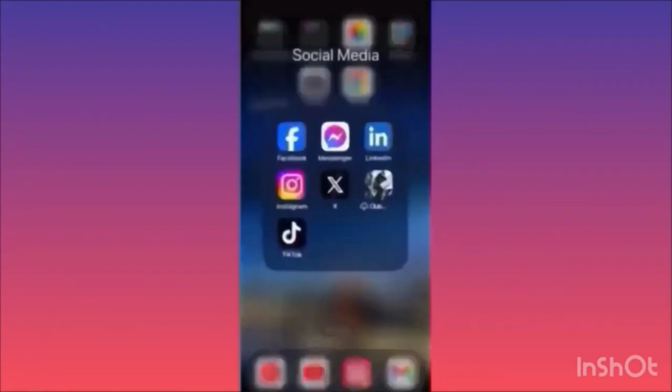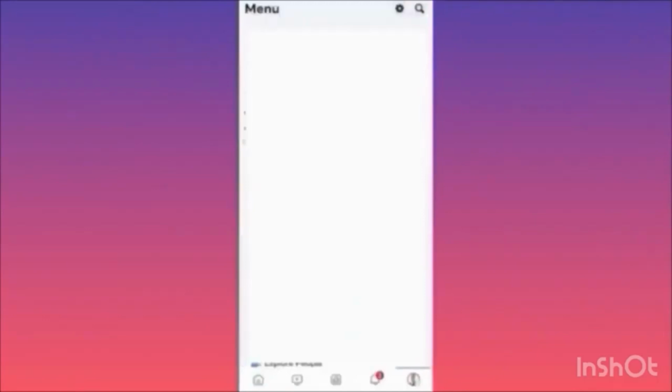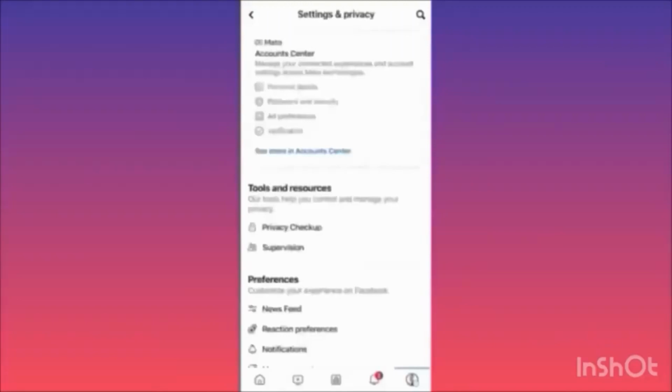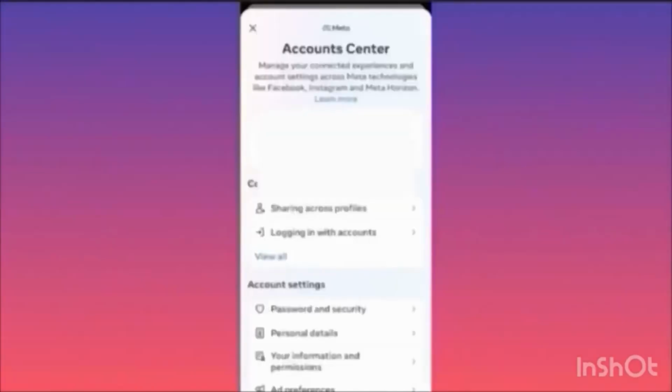Launch the Facebook app first. Then I want you to click on the lower right corner at your profile picture. Then click on the top right corner at the gear icon. When you're at your settings and privacy menu, click on the first menu, which is Account Center. When you're at Account Center, click on the Account Settings menu, option number 2,